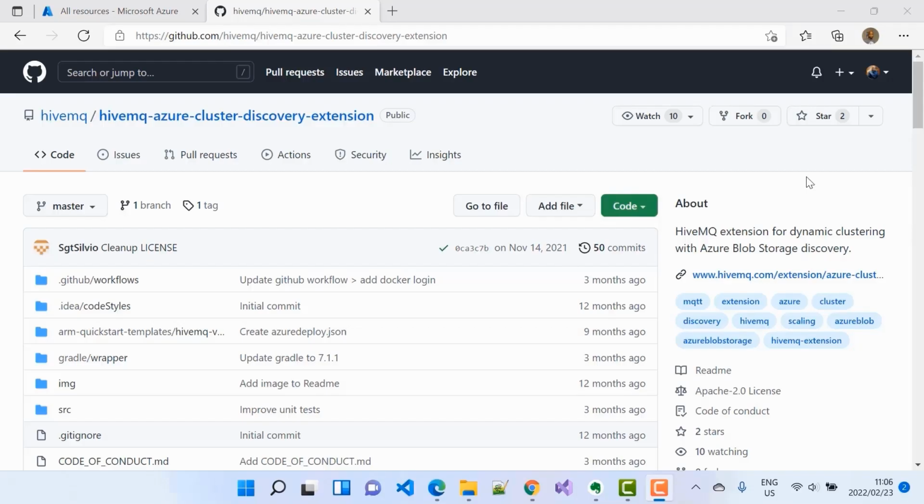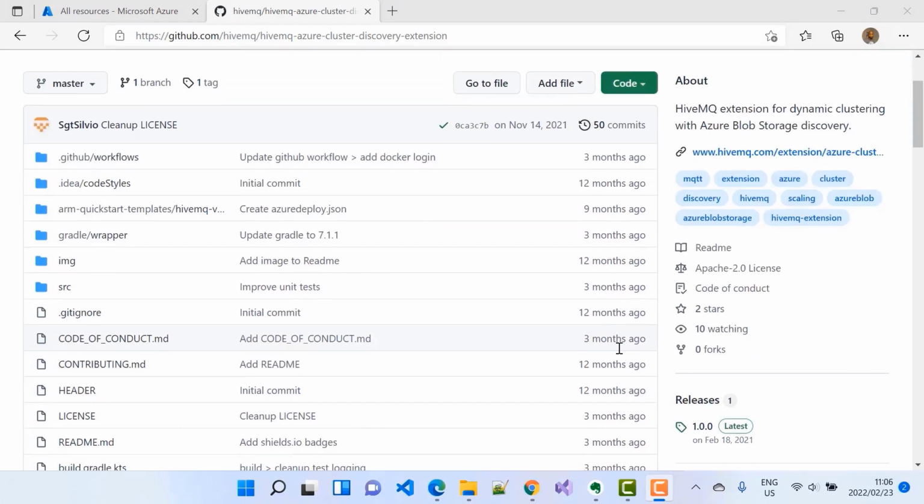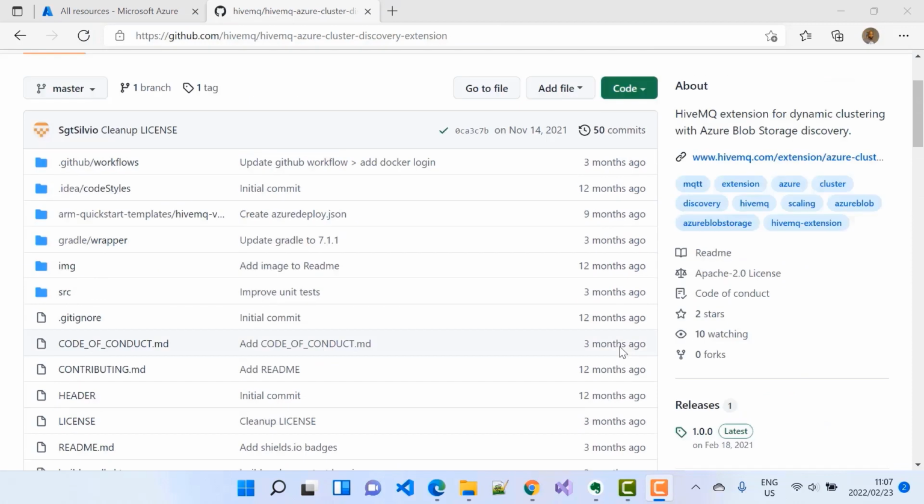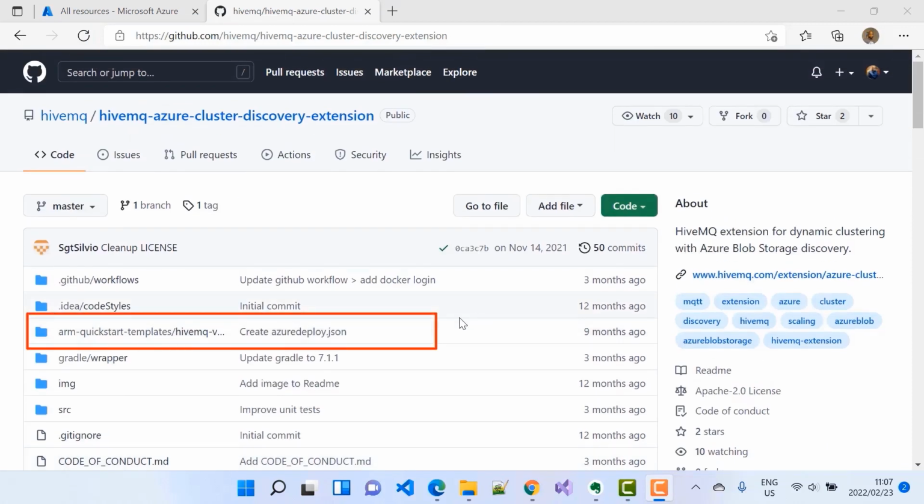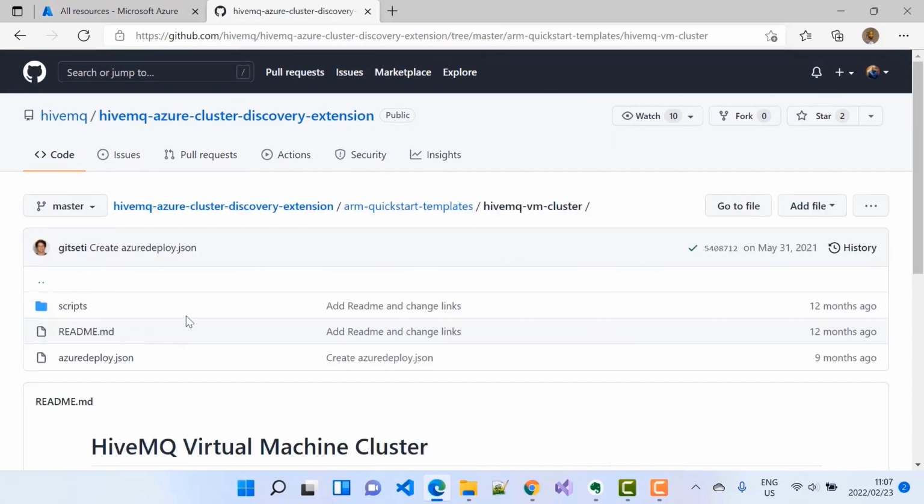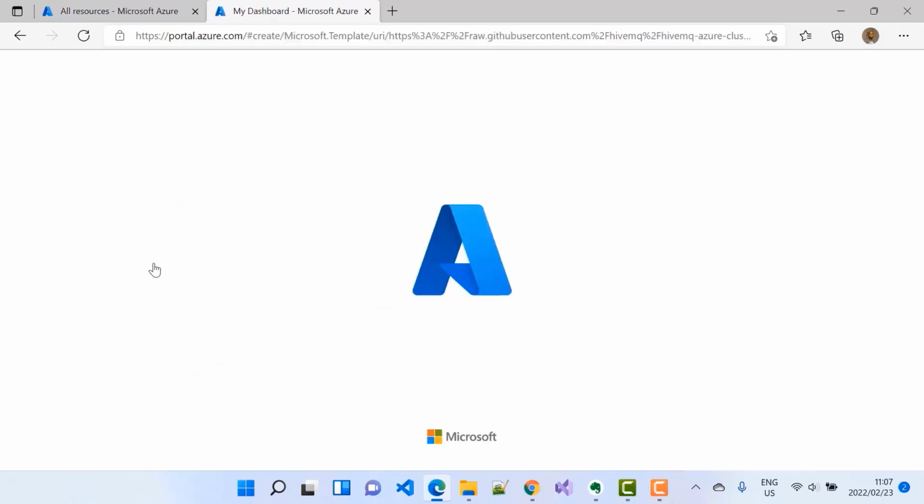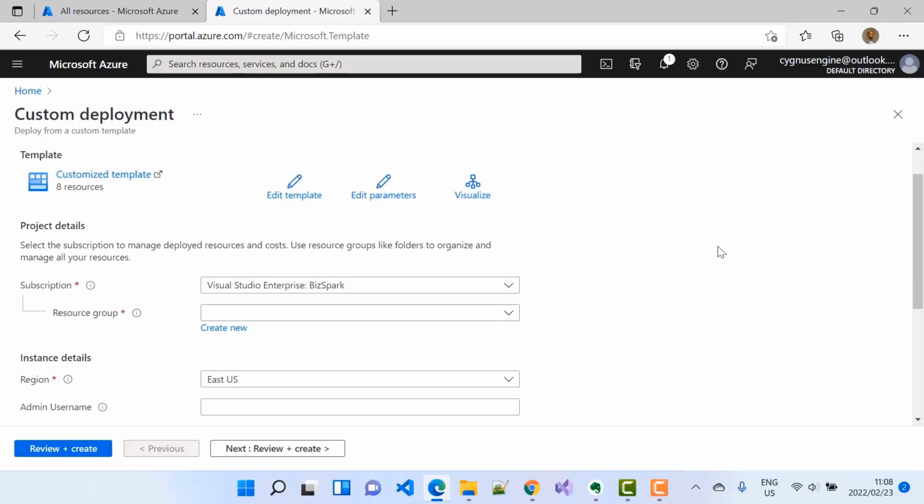Okay, so we're going to begin by deploying our HiveMQ MQTT broker cluster on Azure Cloud. And to do that, I'll go to this HiveMQ GitHub repository, and here I'll select the ARM Quick Start templates. Then we go ahead and click on Deploy to Azure. So this will take me to my Azure portal where I'm able to customize this deployment. So here I'll leave my subscription account as default,